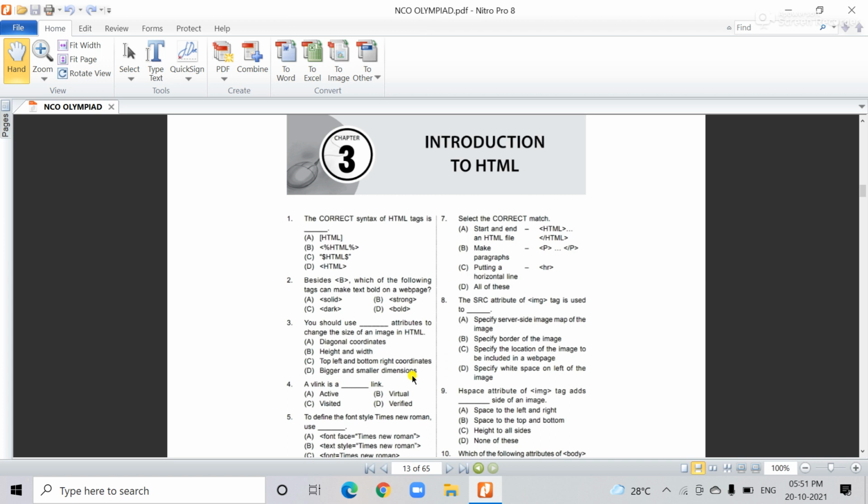The correct answer is B, height and width.